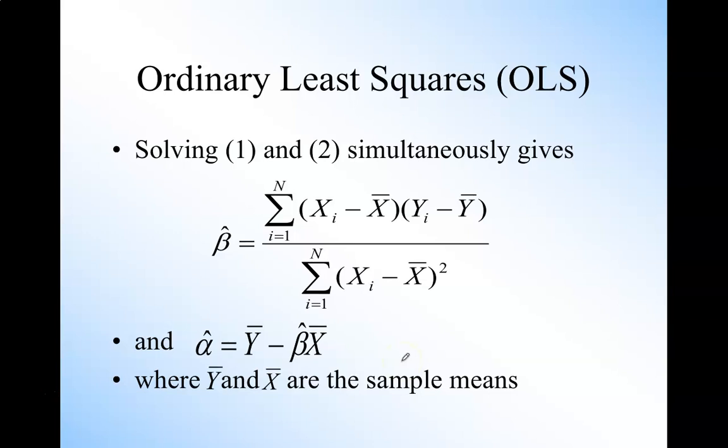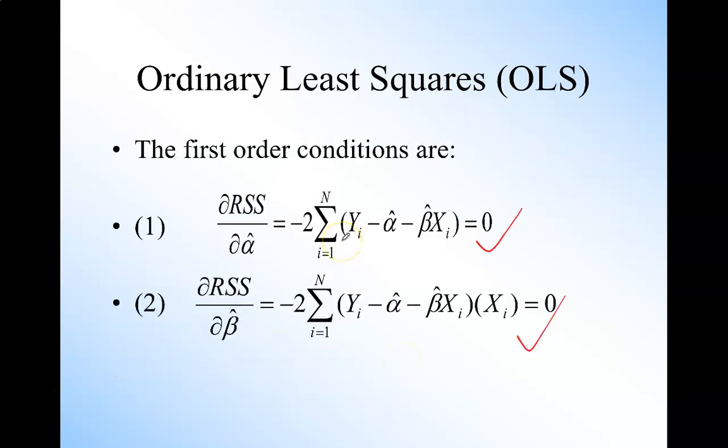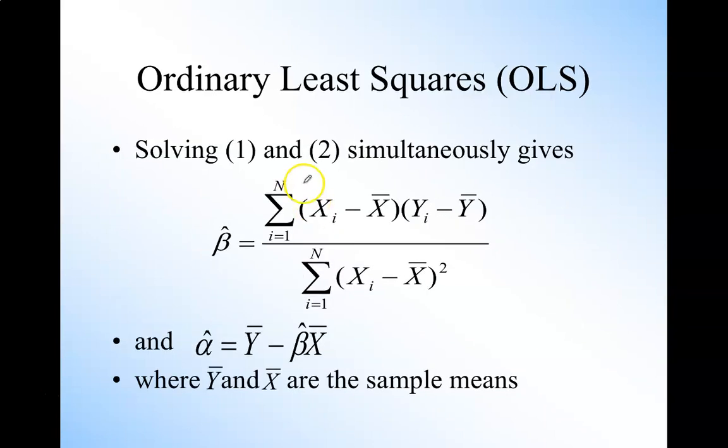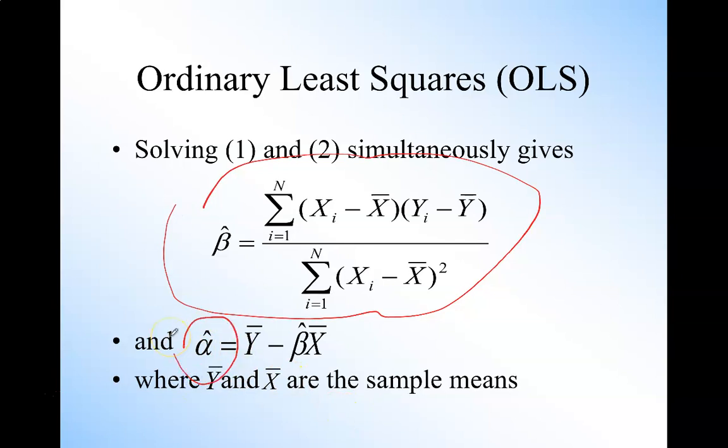Solving it, you will get this kind of relationship. Solving one or two simultaneously, no worries, we're not going to prove this because this has been proven. You just have to use it. This is the calculation for the coefficient of beta. This is the calculation for the coefficient of alpha, if let's say you have simple regression. If you have more than one beta, then this will be much more complicated. Not really complicated, but